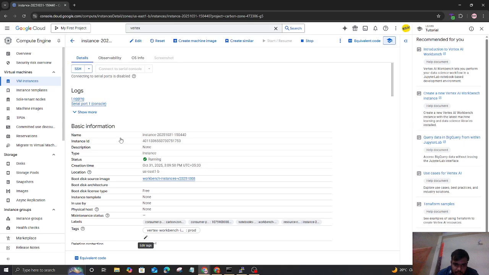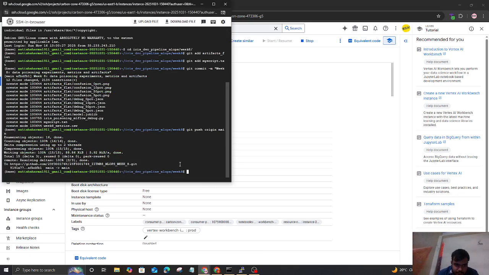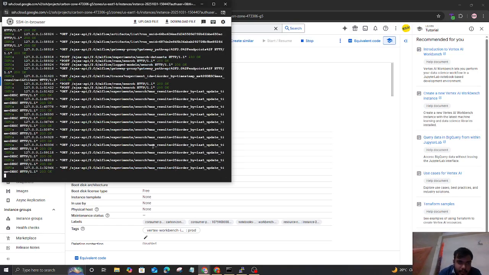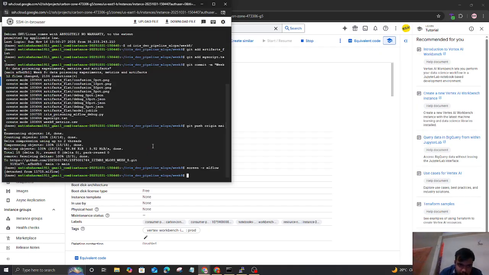As you can see, first I have run my instance and opened the SSH in the compute engine, and then I have run the MLflow. First I created the vgit folder, as you can see, and then connected my GitHub repo to my vgit folder, and then opened a new screen by the screen command. We have already run many commands and 200 OK is given. Now we'll detach from this,